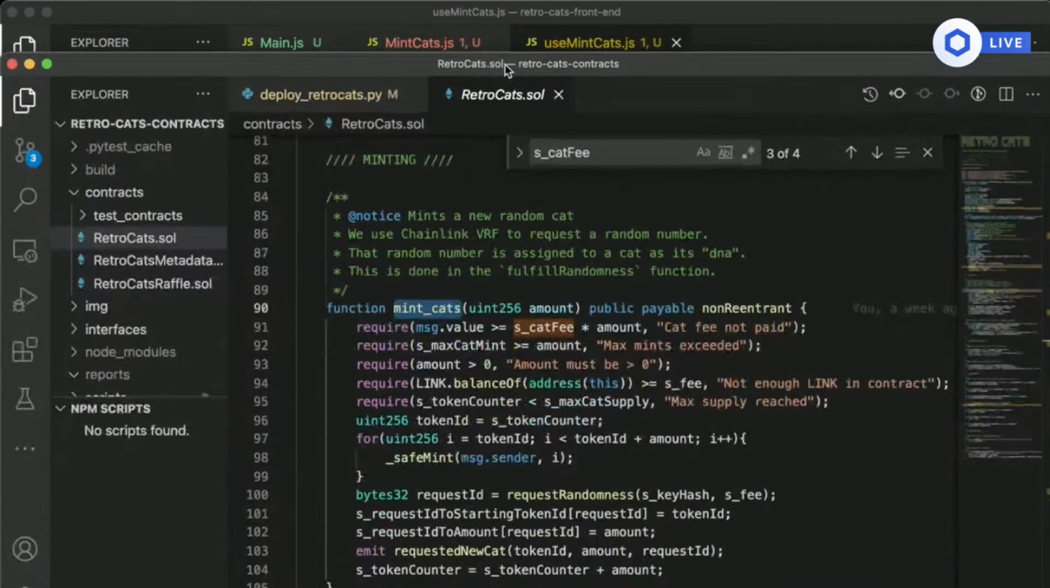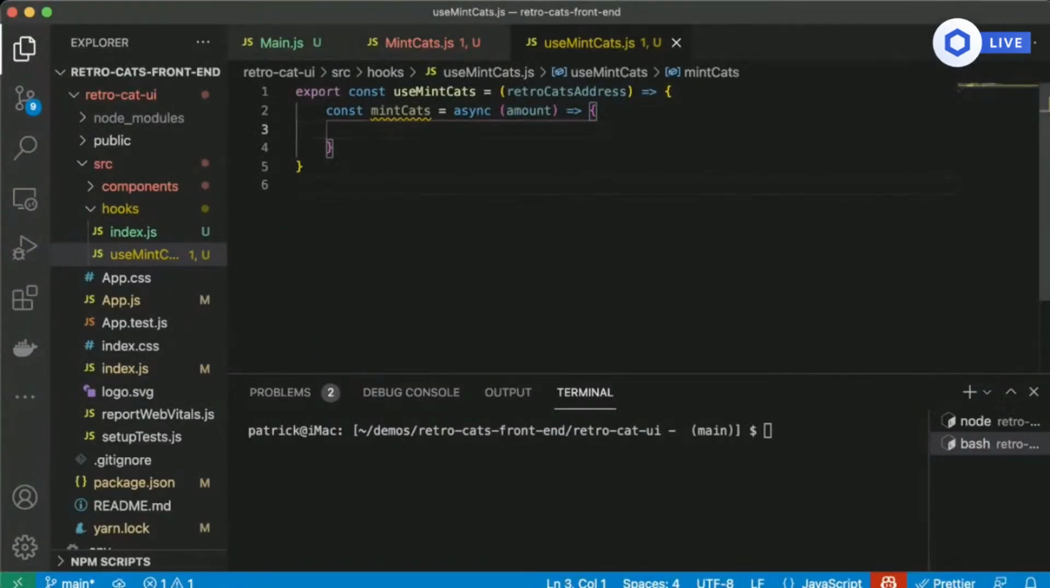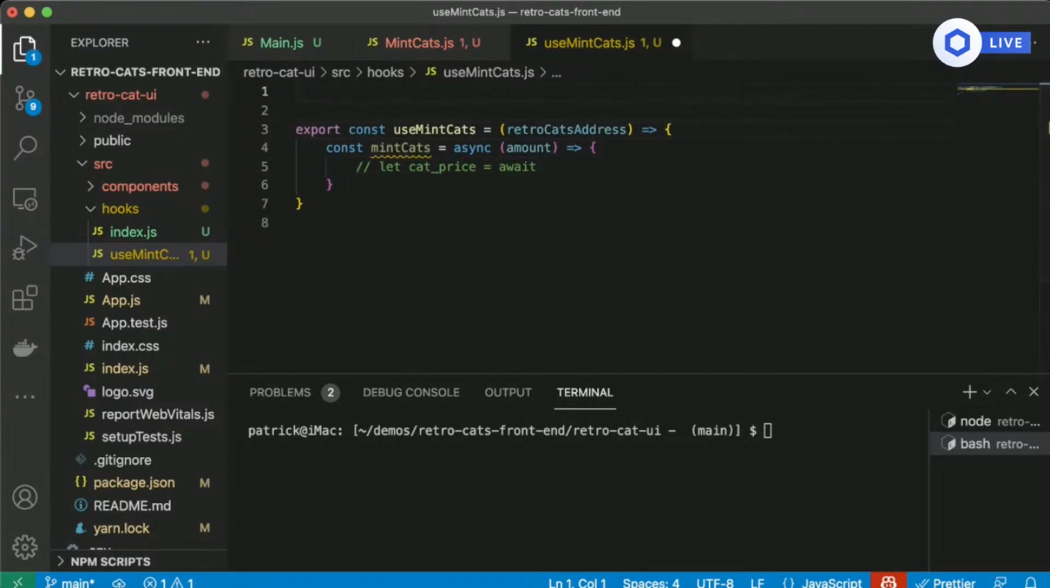Let me move this out of the way. Let's go back to this. It's get that cat fee. So we're going to get this cat price by doing let catPrice equals await, and this is where Moralis again comes into play. Actually, hold on. Let's add all the Moralis stuff first, so that we're not just calling functions that don't exist. So first, let's add all this Moralis stuff, and then we'll use the Moralis tools to actually get this cat fee. So we're gonna do import, useMoralis